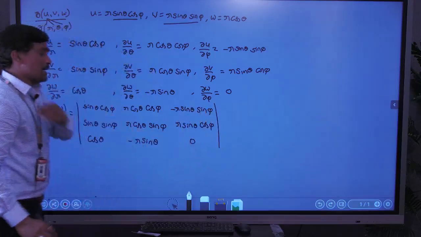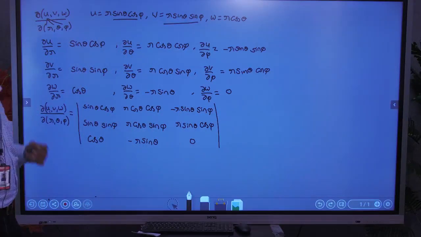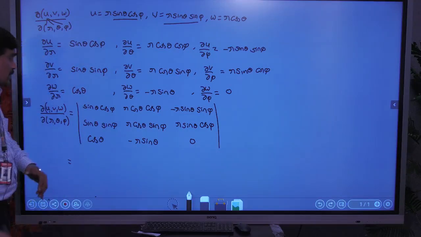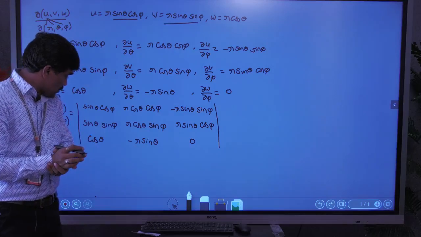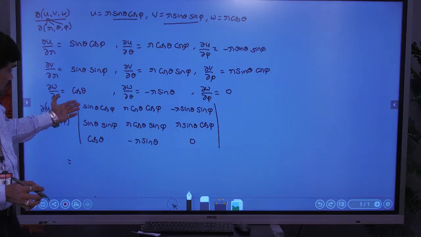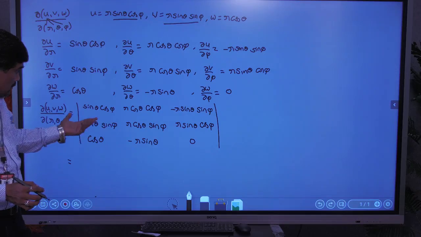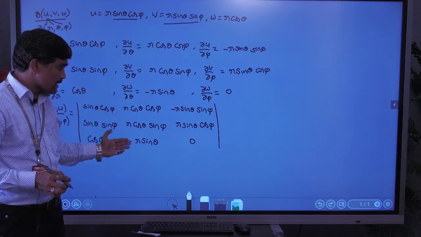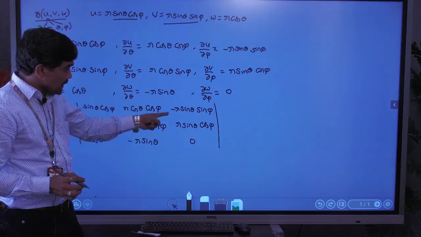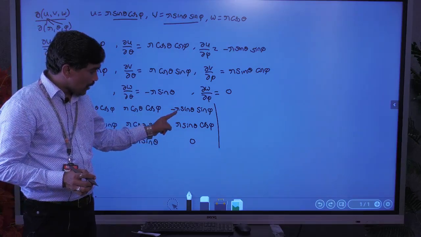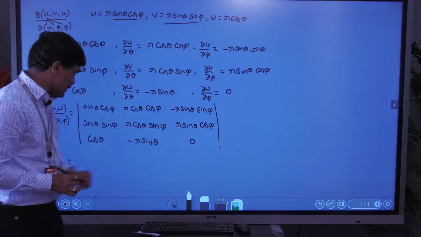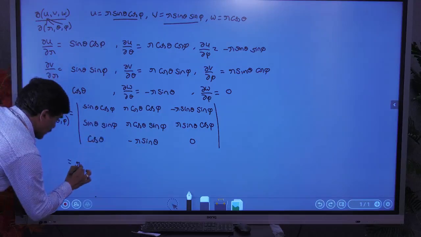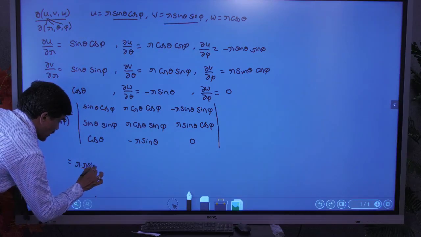These are right in a determinant. Now calculate the determinant of this value. First of all, what is common in a row or column? In the first row, first column, sin theta, there is no common value. Here in the second column we have r as the common value. Next, in the third column we have r sin theta as the common value. So in the second column r is common and in the third column r sin theta is common.